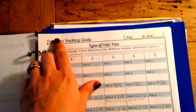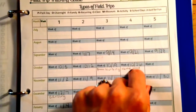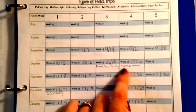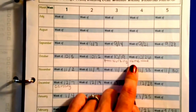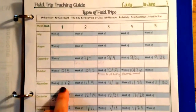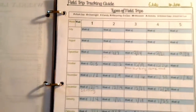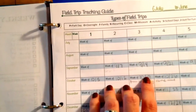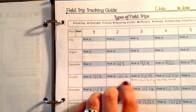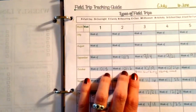Next page is our field trip tracking guide. Right now, all I really have on the map is that we're going to go to a nursing home and do some little Halloween crafts with them. And I have our date for Christmas caroling, but other than that, I need to get some stuff planned. We're studying the prairie right now, and we live in Florida, so there's not a lot of options for field trips, but for example, next month we will be going up to Cape Canaveral to see